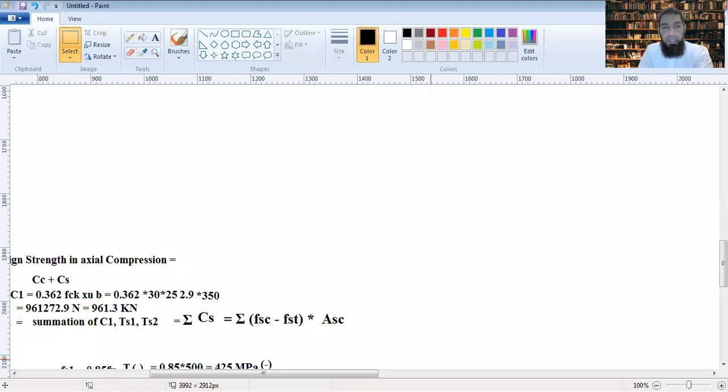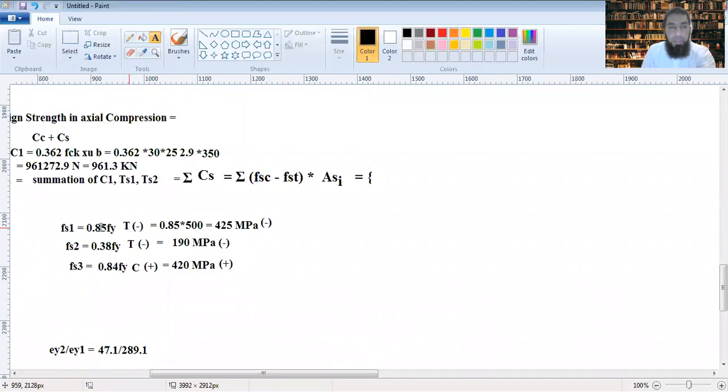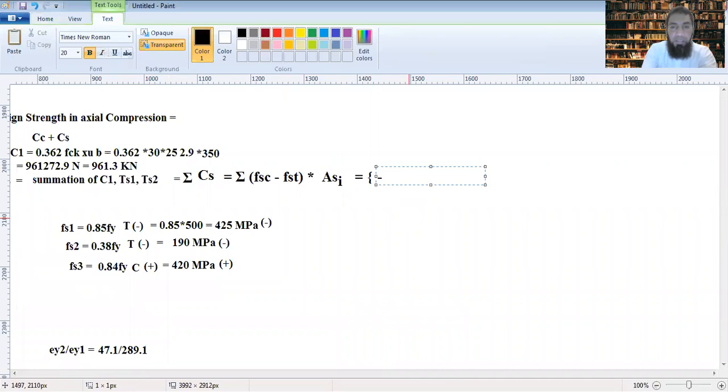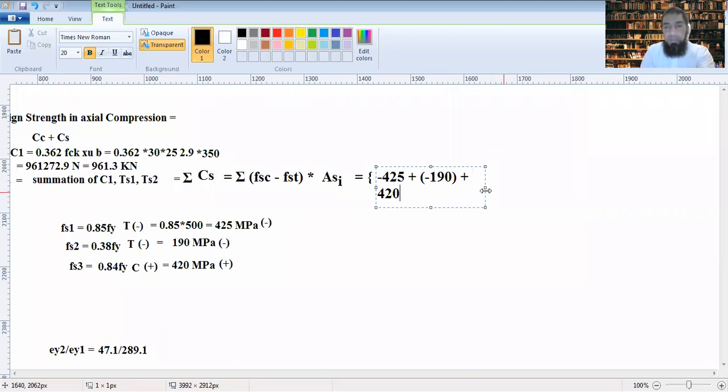Now, whether it's ASC or AST, whatever the designation you put, you can say it's ASI, corresponding to any value of FS1, FS2, or FS3. Then in that case, this would be number one, FS corresponding to FS1, it would be 425, but it's minus. Next, plus again you have minus FS2, that's 190, then corresponding to FS3, that's 420. This is plus into, you have